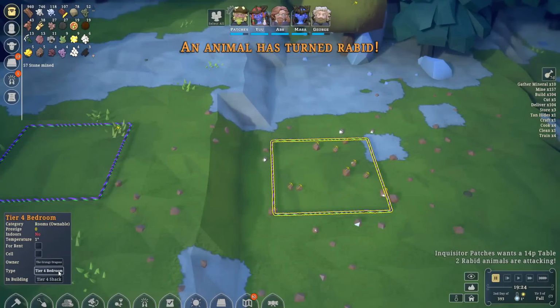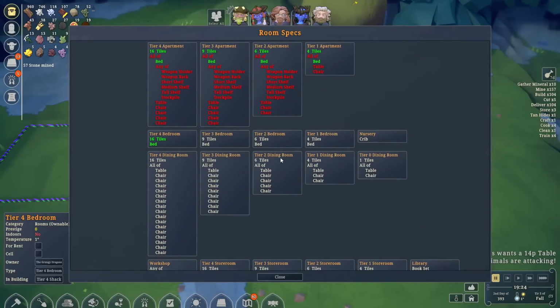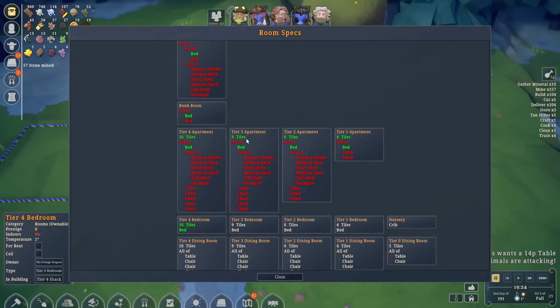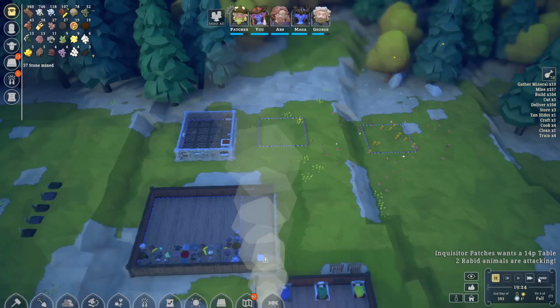It calls this a tier 4 bedroom right here. If you wanted to see what the different things are that allow you to get different tiers when people request them, you can just open up this little tech tree, right? As I said, it's a little more fiddly than some of the other...